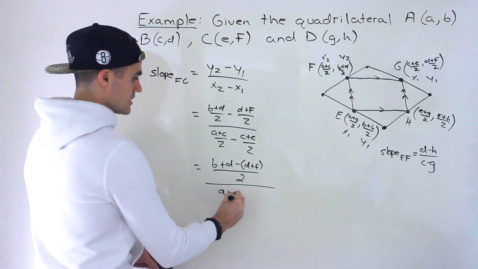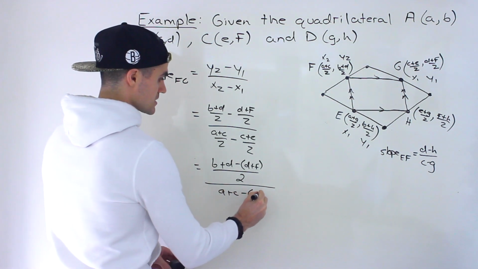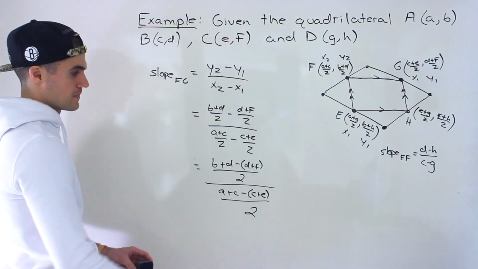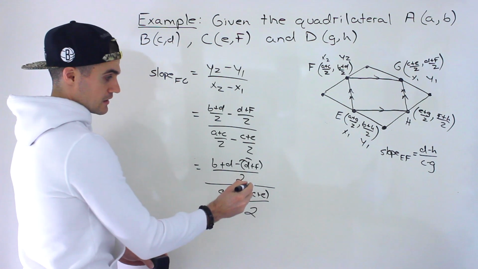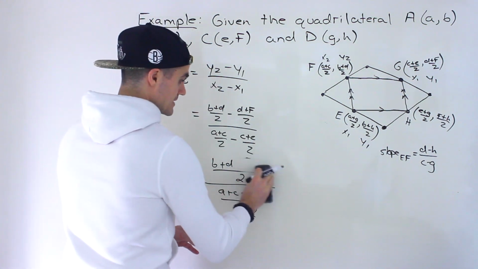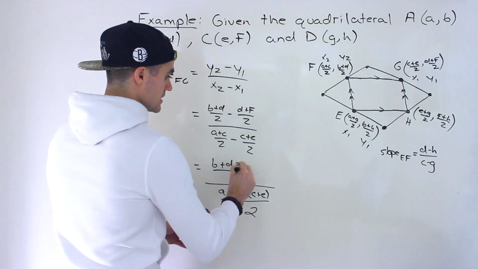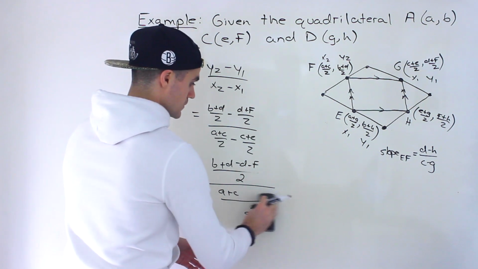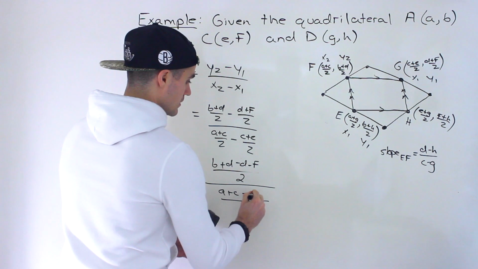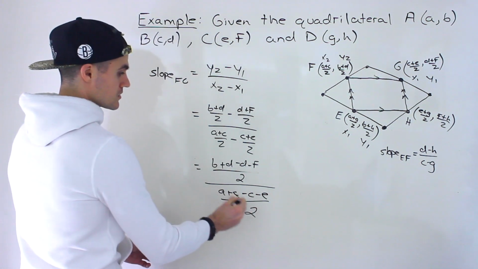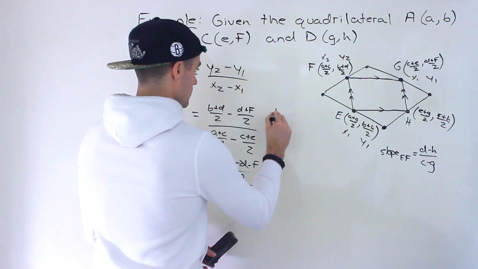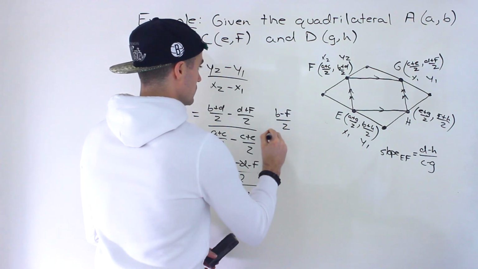So we'll have a plus c minus c plus e, right? And then that's going to be all over 2, like that. Then we would distribute the negative here, so the next line would be minus d minus f. Then distribute the negative, so we'd end up with minus c minus e. Notice the c's cancel out, the d's cancel out, so we'd end up with b minus f over 2 divided by